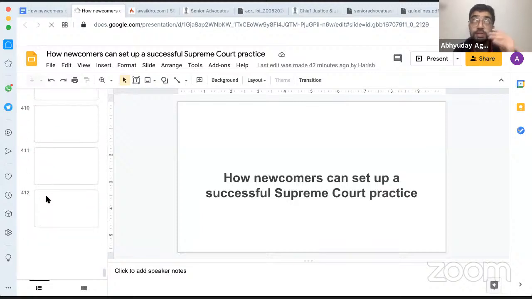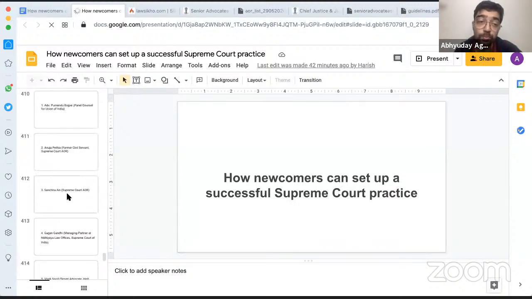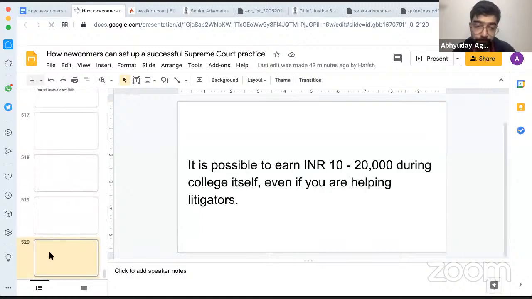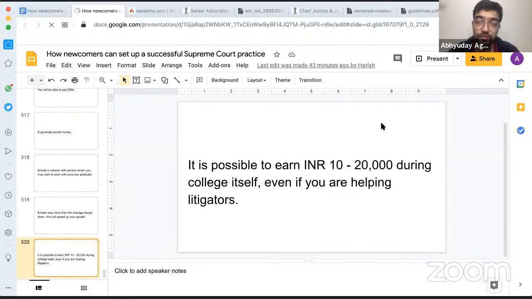Now I want to take this question from you: which areas do you want to build a practice in, and how will you go about building? Your goal has to be that in college you are good enough and confident enough to think of going independent. If you can, then you can join a senior advocate directly. You can do what Sanchita couldn't do, six to seven times more, six months earlier, because you can continue to get independent matters on the side.